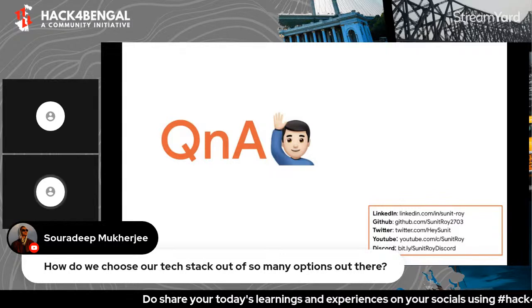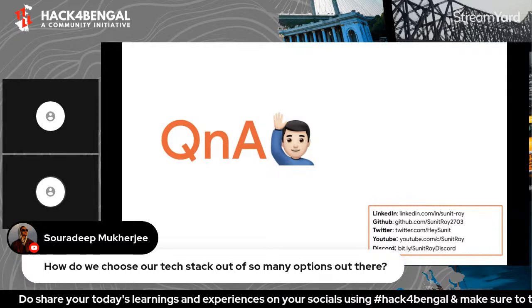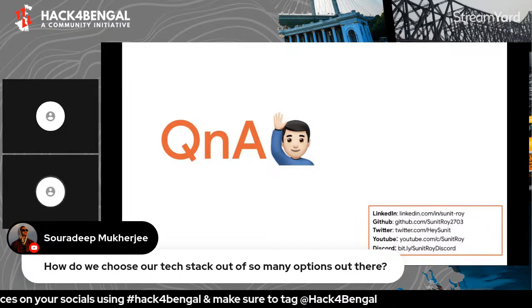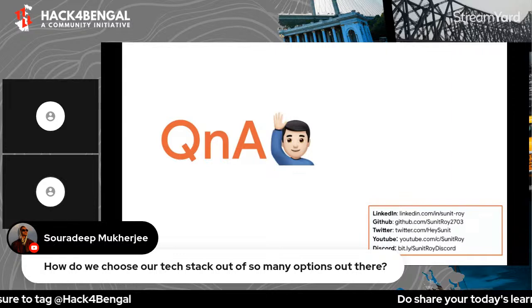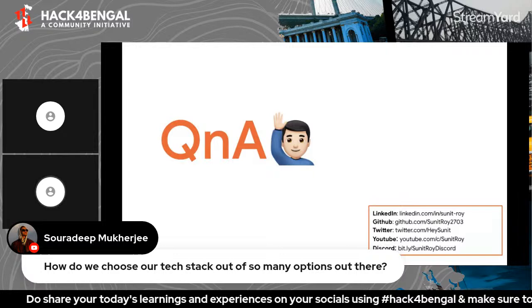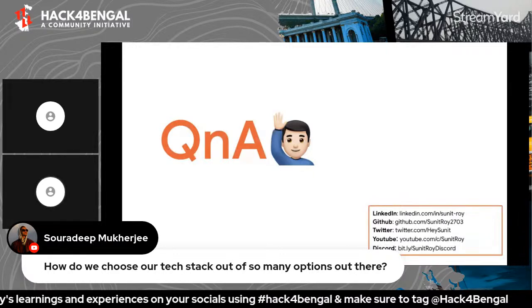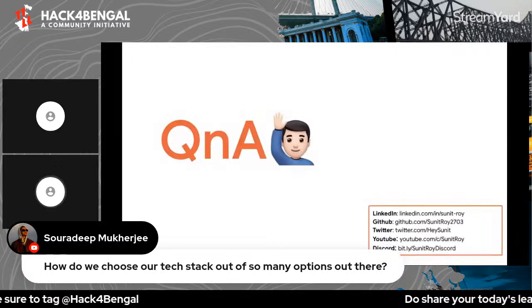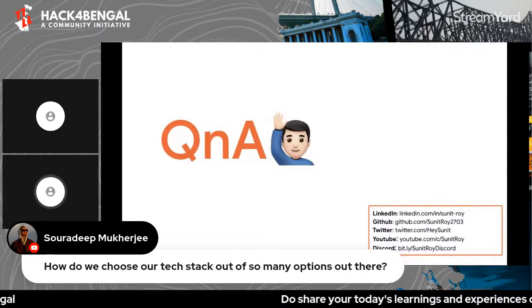Okay, so how do we choose our tech stack out of so many options out there? What you can do, Sorodip, is first see what programming languages you know. If you know Python, choose a framework related to Python, because it will help you. If you know JavaScript, choose something related to that. If you are okay with any of the frameworks that work with that language, like if you learn Java, you can code a mobile app, and you can also code a backend application.